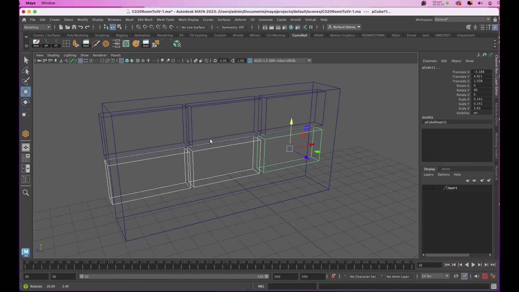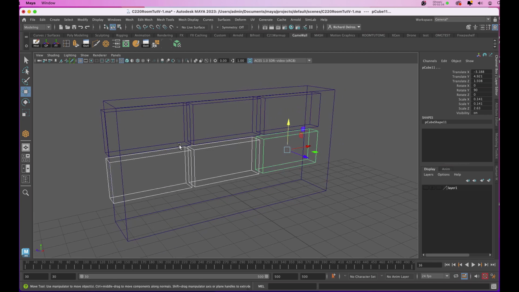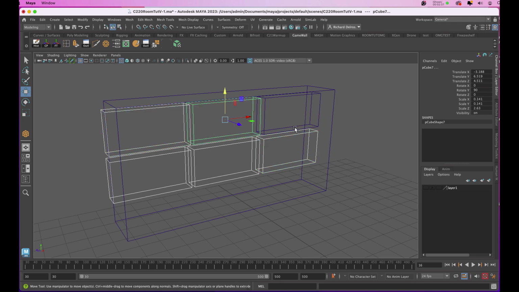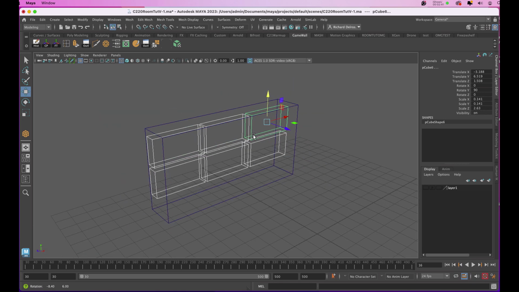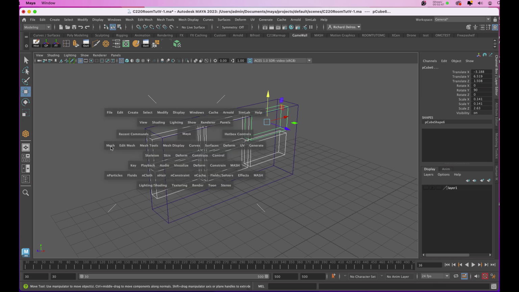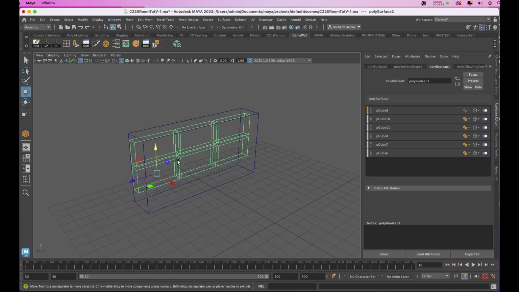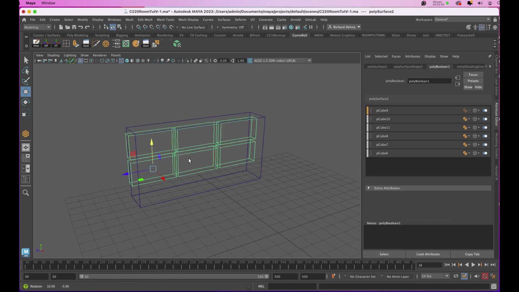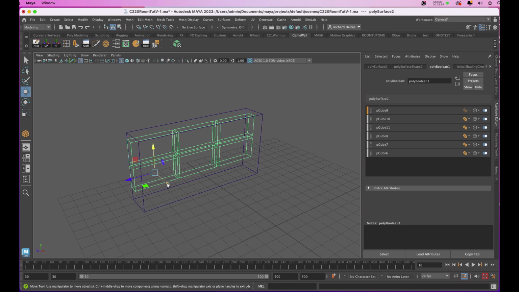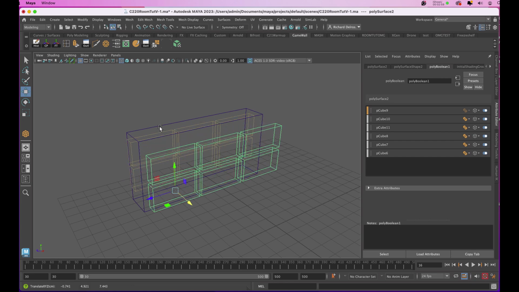Now, what we need to do now is we need to Shift Select those newly made smaller polygon cubes. And once I've done that, I'm going to hold down the space bar. I'll return to Mesh, Booleans, and I'm going to choose Union. That union makes it into one piece of geometry, which means now I'm free to scale that to fit inside the one that will ultimately be our window